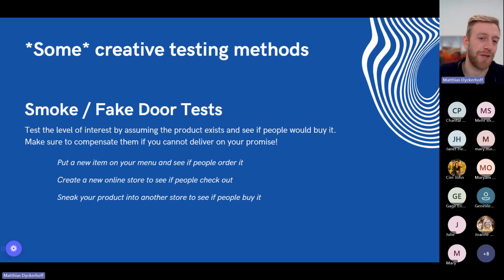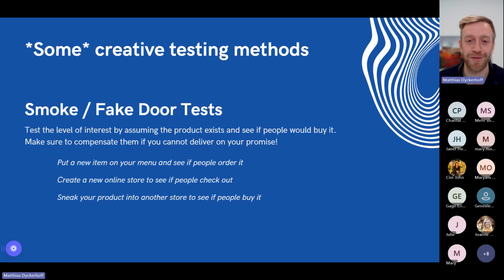And then he would go to the checkout and see if anybody actually put it in their cart and tried to buy the product. IKEA didn't know about this, so they would try to scan the product at the checkout, and they'd be like, oh, I don't think this is in our inventory. You can just have it for free. And then he would talk to them after, and he's like, yeah, you can have the product for free. I just wanted to see if people would buy this. So that's a very creative and low risk way to test.